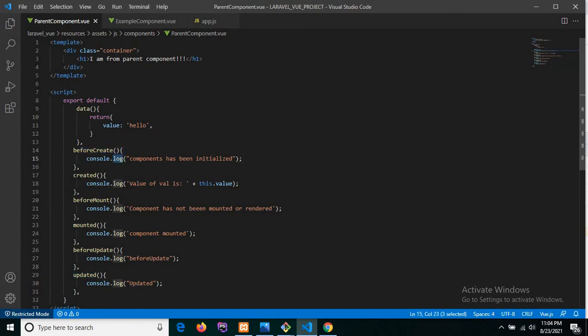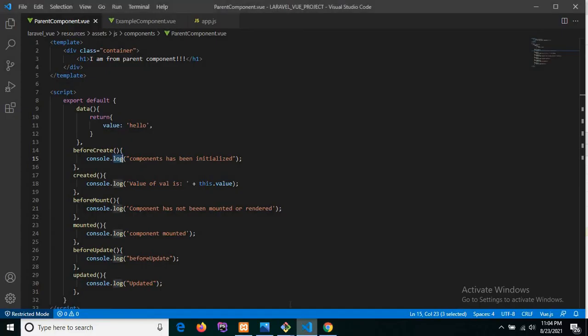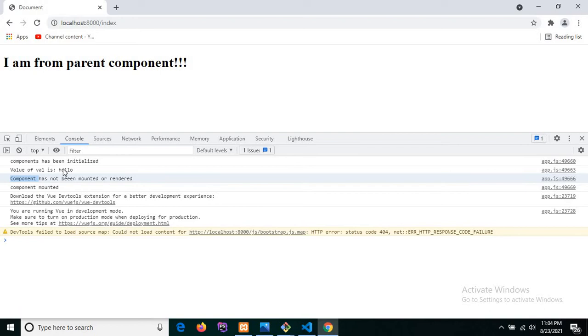Next is created, in which I have passed the hello value. So you will see the second method, the created method, is also called. Then the third one is beforeMount, which is also called, and mounted. These are related to the component methods when the components are mounted on the DOM. So these 4 methods are called. Remaining 4 methods